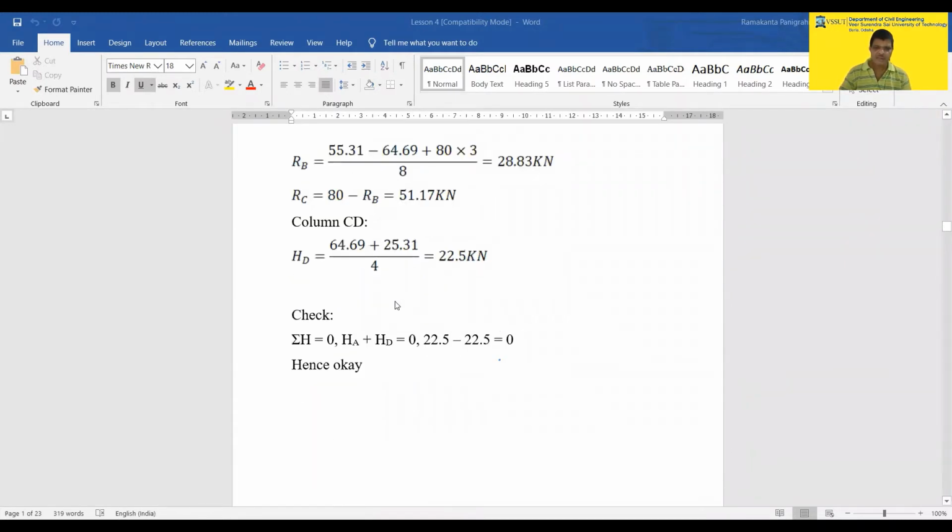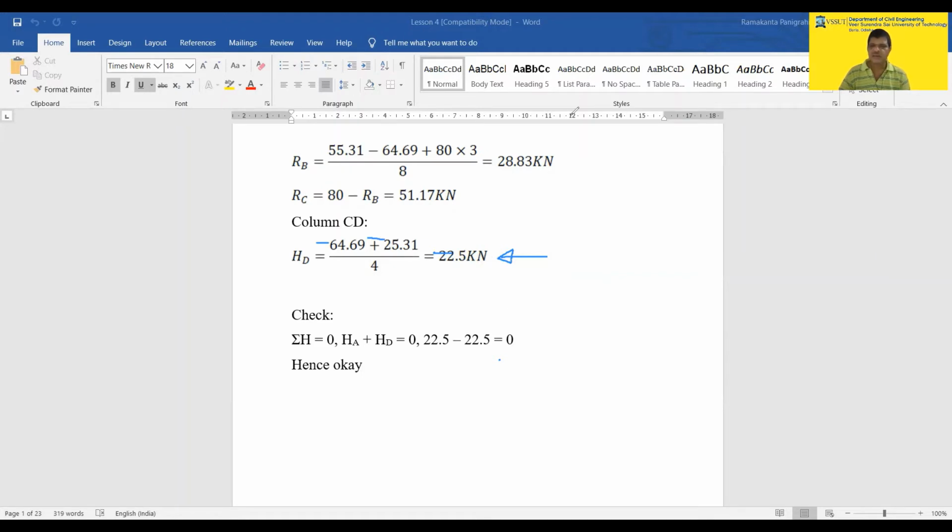Once you find sigma HA equals 0, HA plus HD is equal to minus. So this value basically will be, they are not given the symbol, and here it will act like this. Or you can write HD is equal to minus this, so it will act like this. So these are not clockwise, these are anti-clockwise. So it will be like this case.